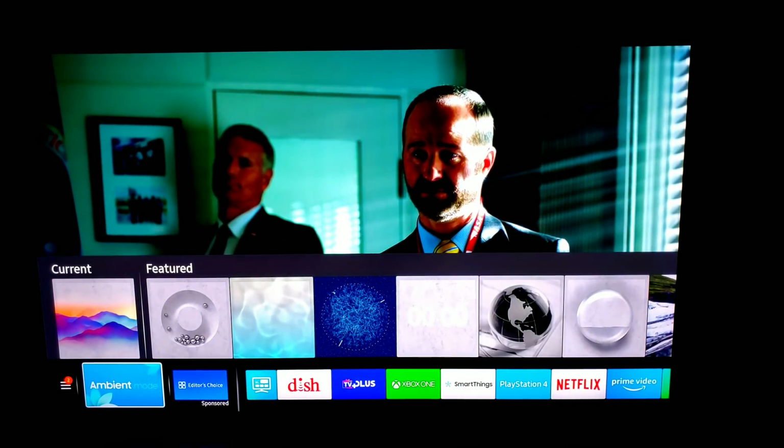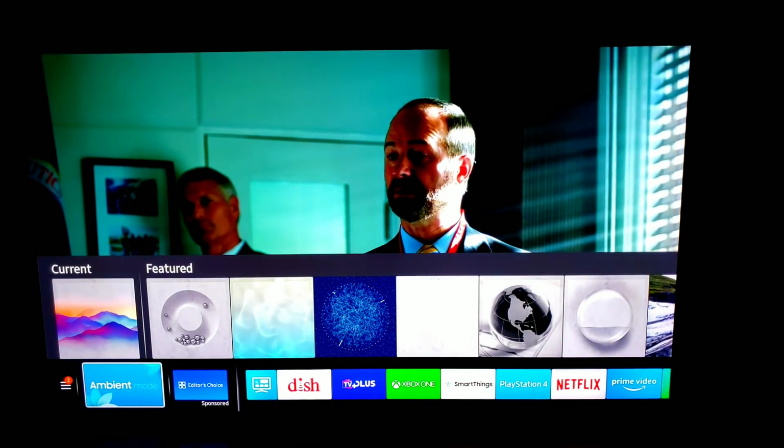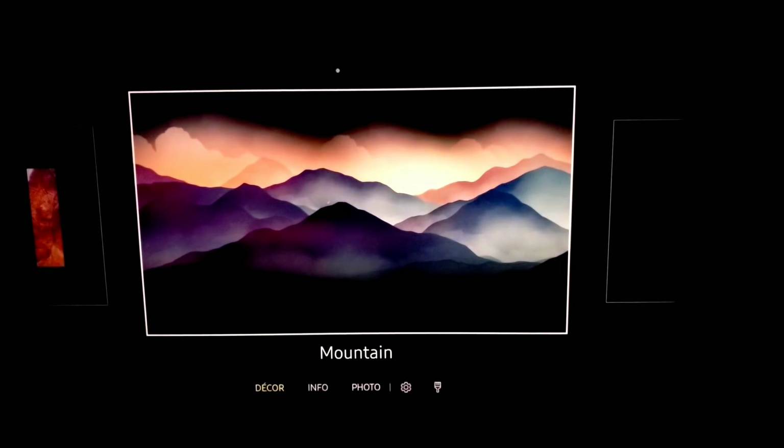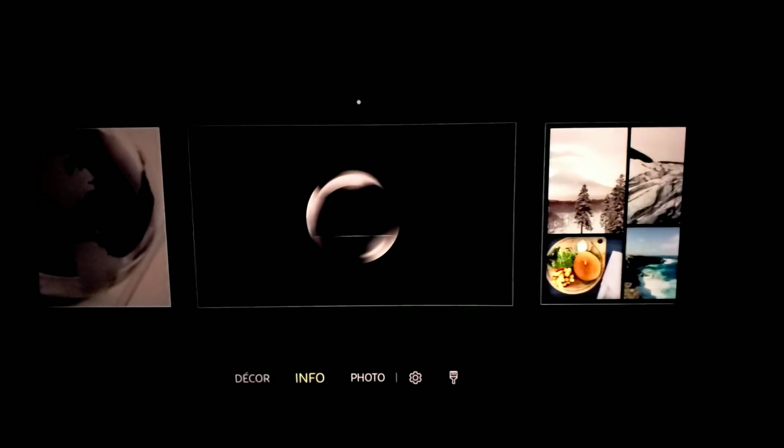This year, Samsung is really amping up their ambient mode feature. Now, ambient mode is in the beginning stages. If you own a Frame TV from last year, you probably are familiar with what this does, but more or less, it turns your TV into a photo. But on this particular TV, it does other things. Meaning you can actually have a clock. Let's see. You can do different photos. You can actually drop down, and here's like,